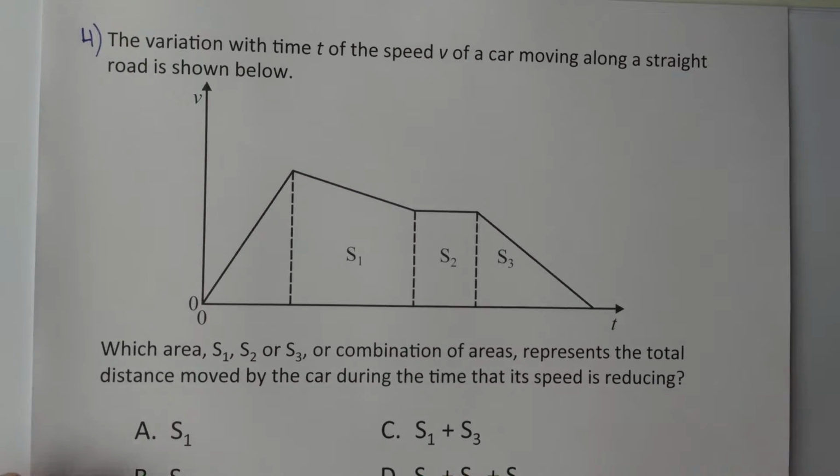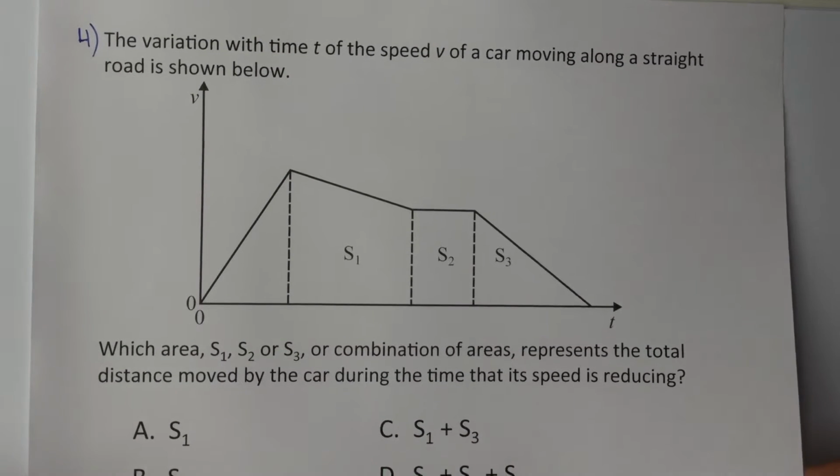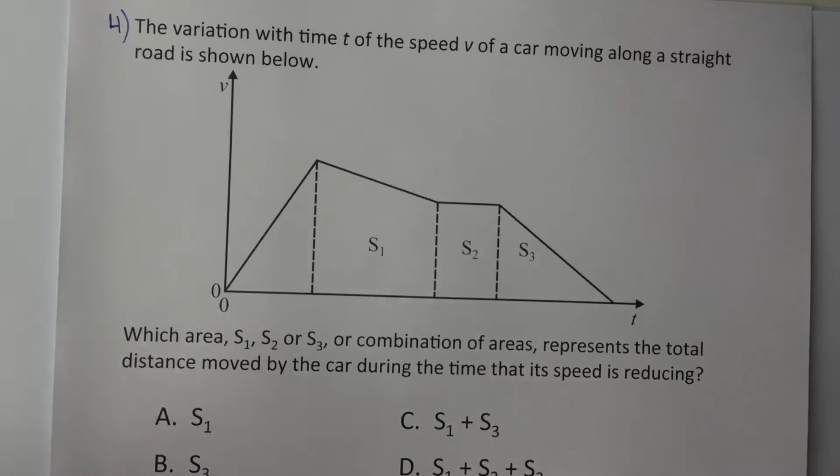Problem number 4 says the variation with time t of the speed velocity v of a car moving along a straight road is shown below. Which area or combination of areas represent the total distance moved by the car during the time that its speed is reducing? Well, this kind of comes back to the same idea that in our graph here we have a